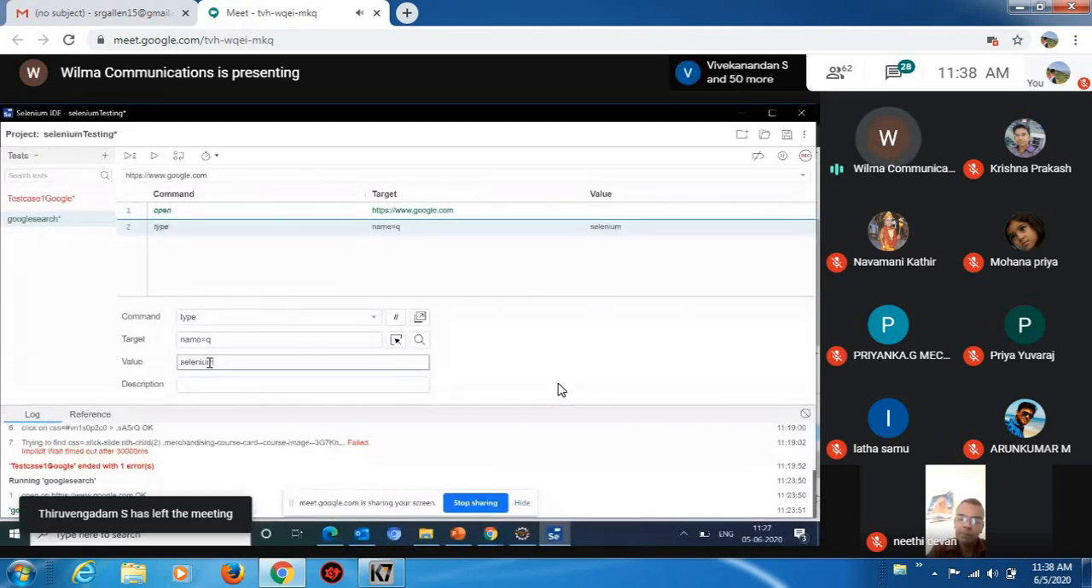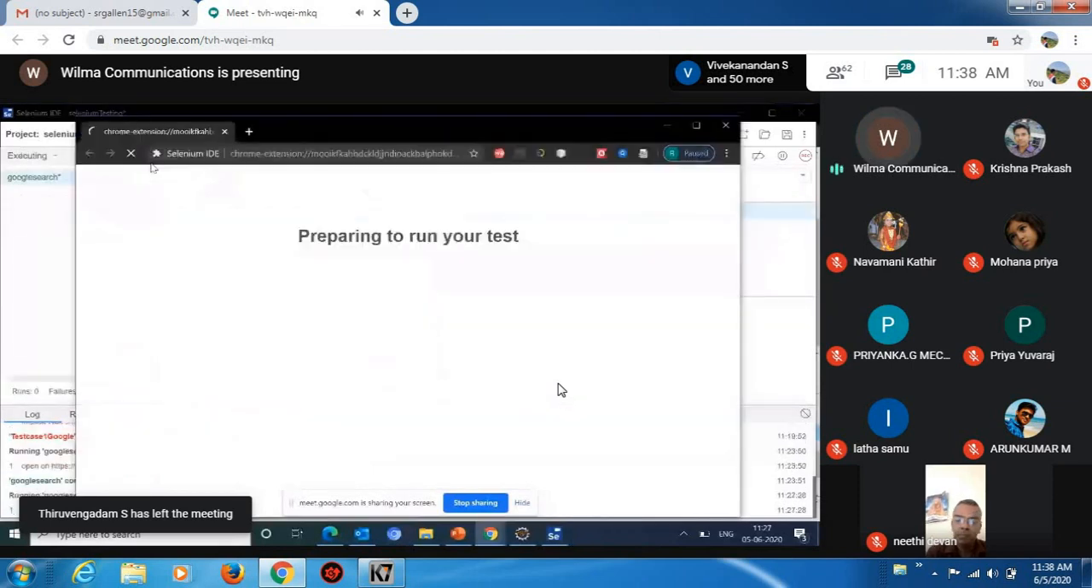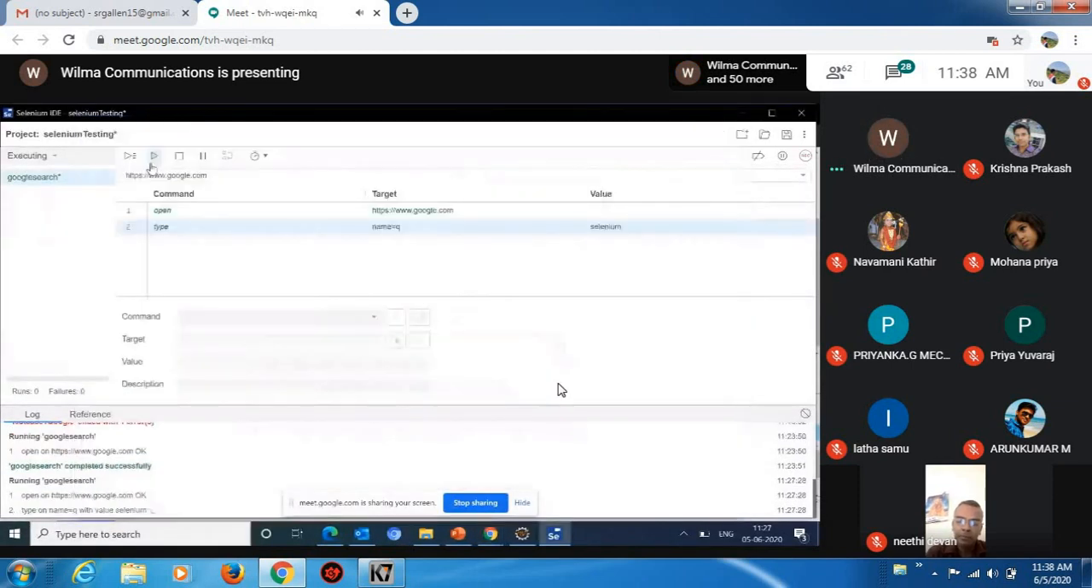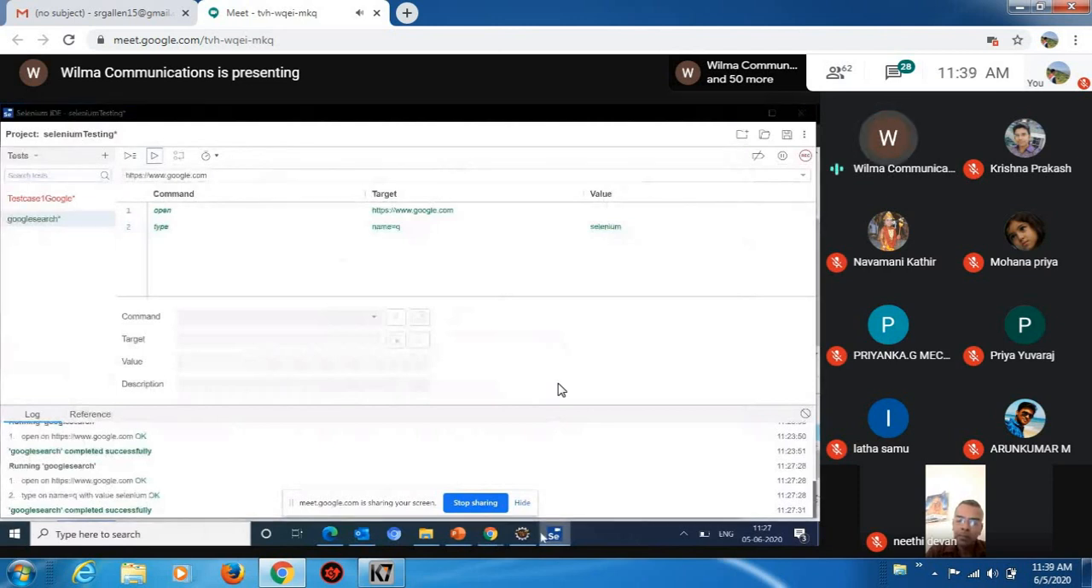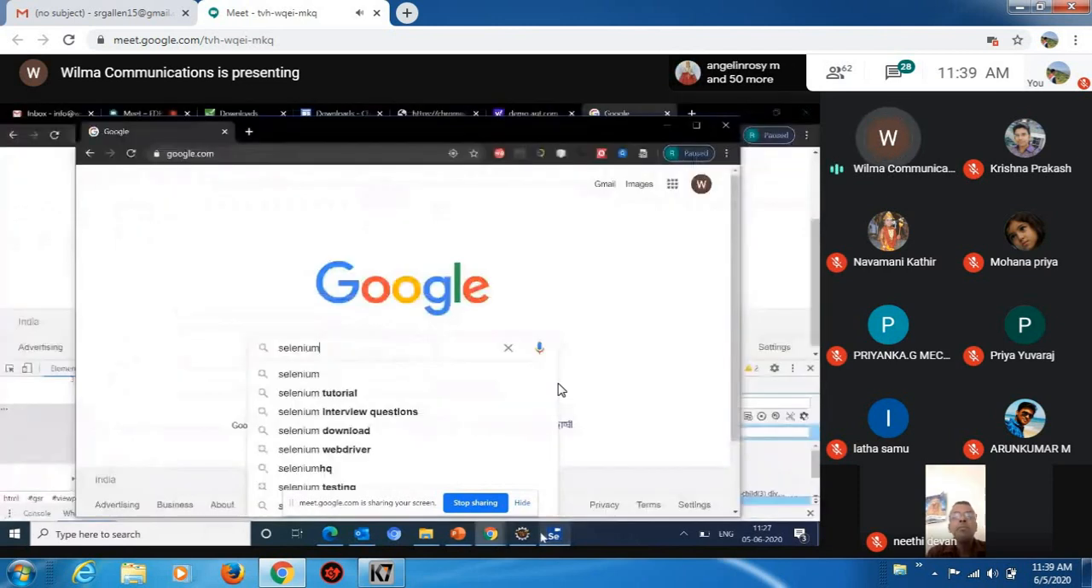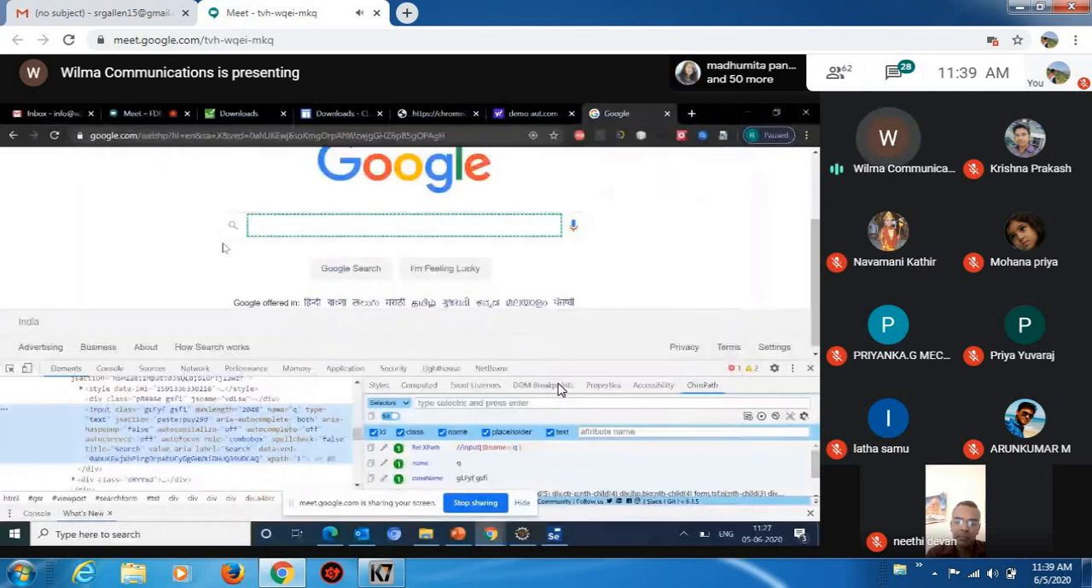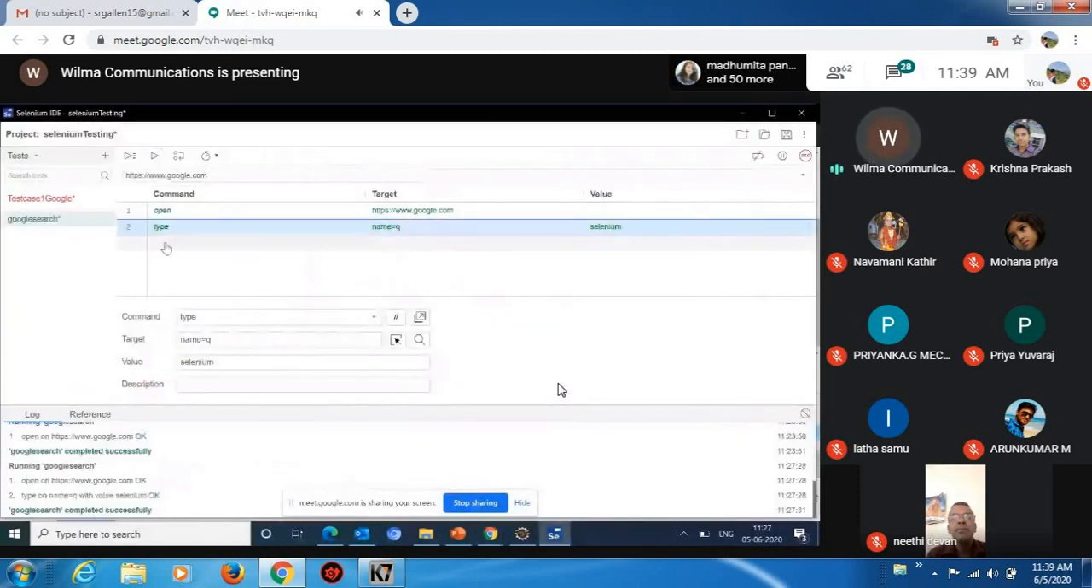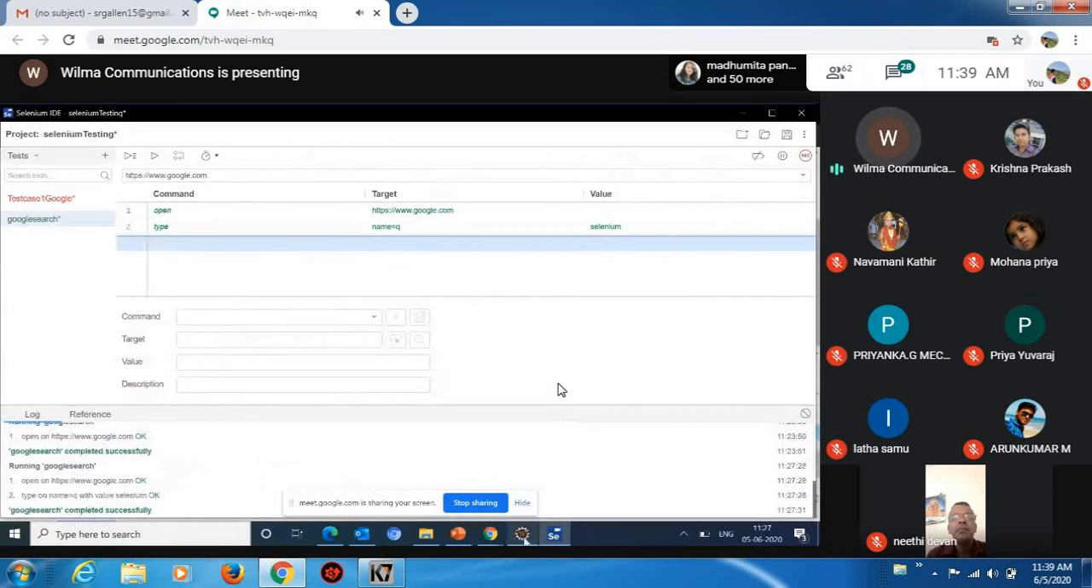Now I'm going to run this. When I run, it will open the Chrome and type Selenium. See, you can see it's typed Selenium. Now the third step will be, after entering the value, I want to click on the button. So I'll again go back to my object, inspect element,